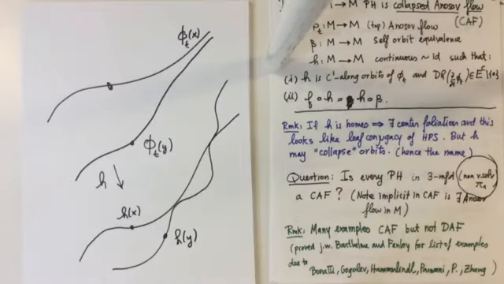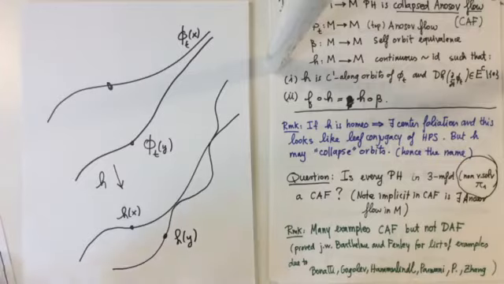Another comment is that implicitly in the definition of a collapsed Anosov flow, you have this topological obstruction. So if it's true that every partially hyperbolic diffeomorphism in a 3-manifold with non-virtually solvable fundamental group is a collapsed Anosov flow, then that would mean that if a manifold admits a partially hyperbolic diffeomorphism, then it admits an Anosov flow. Okay, and that's already an interesting question.